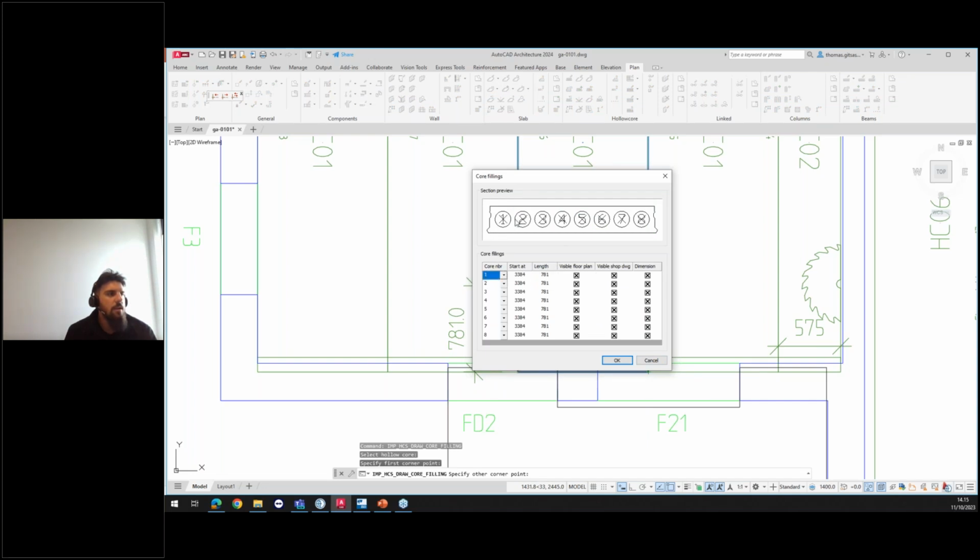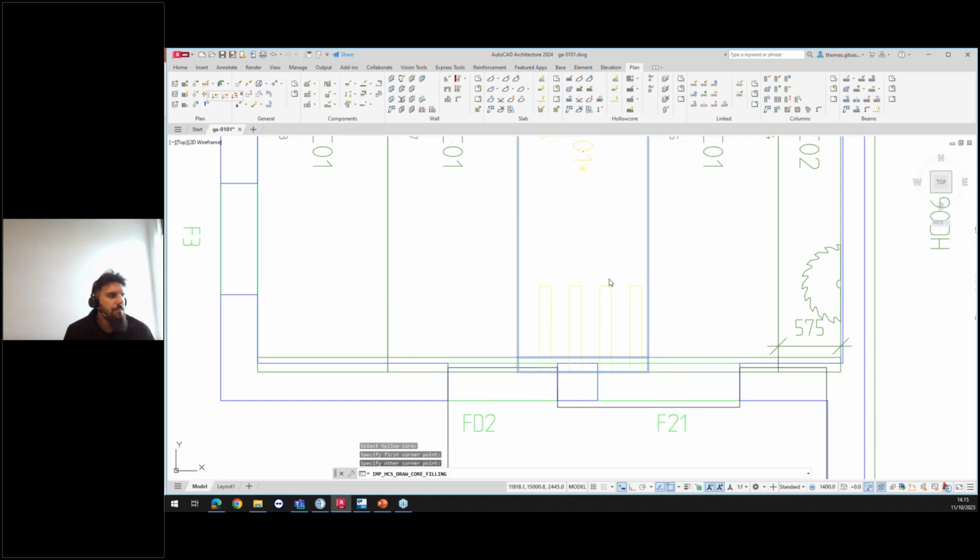So for example, I want the core filling to go to cores 1, 3, 5, 7. So I will just delete this one, delete this one, delete this one, and delete number 8. And then of course the length I will keep the same now, but you can always adjust the length. If it should be 780 instead of 781, right? You say okay, and